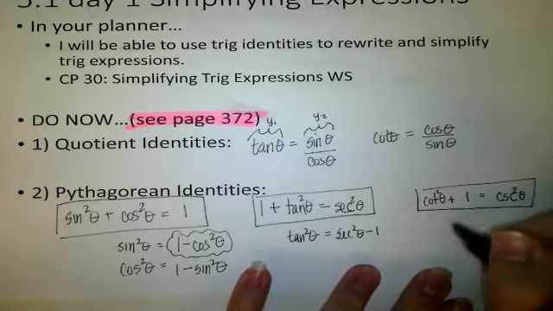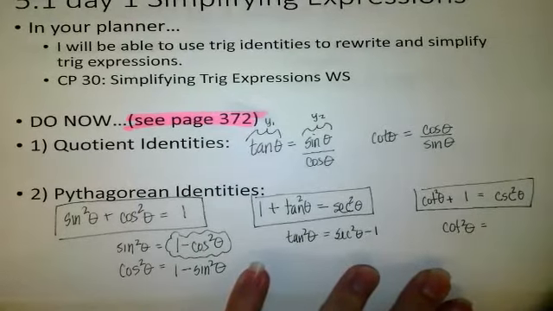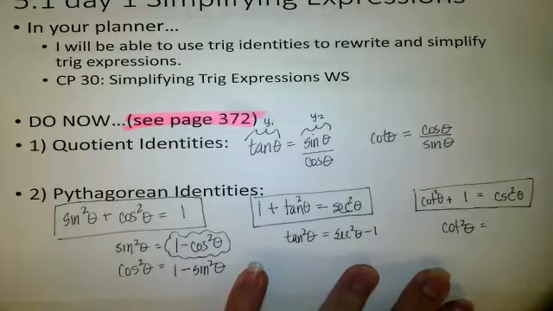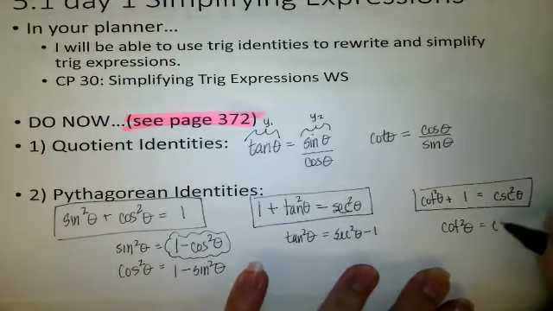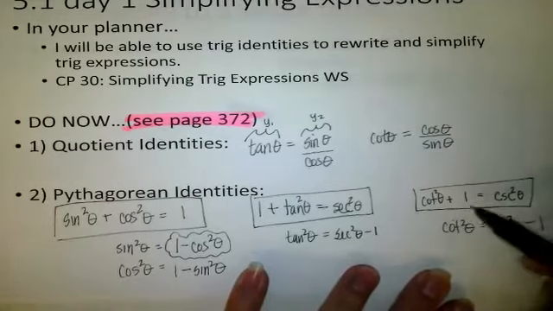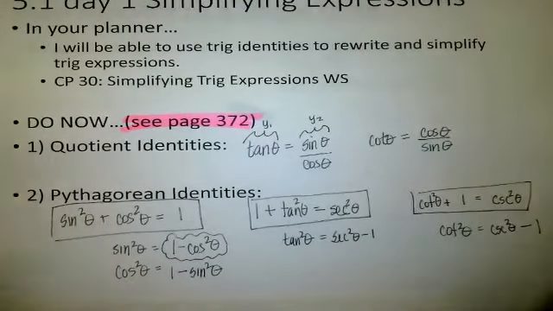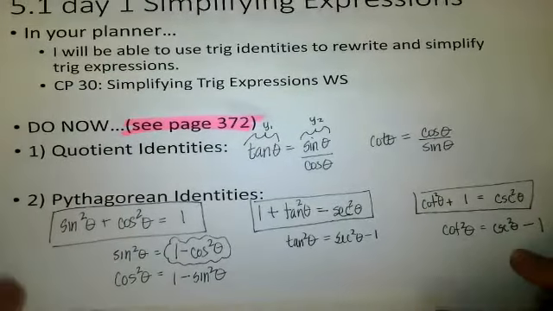So again, I can rearrange. Cotangent squared of theta would be the same as what? Cosecant squared theta minus 1. Good. So again, subtracting the 1 to the other side. It's really important that all of these can be rearranged. Okay, so today,